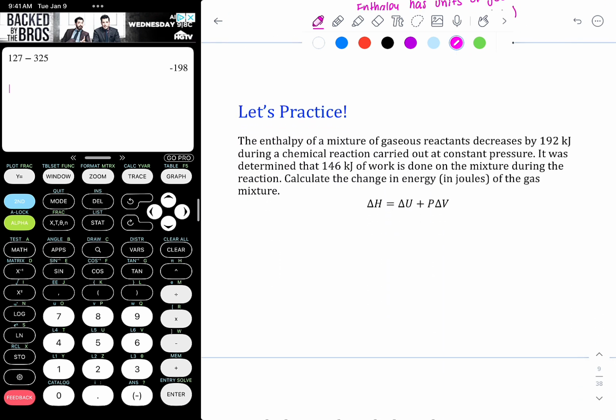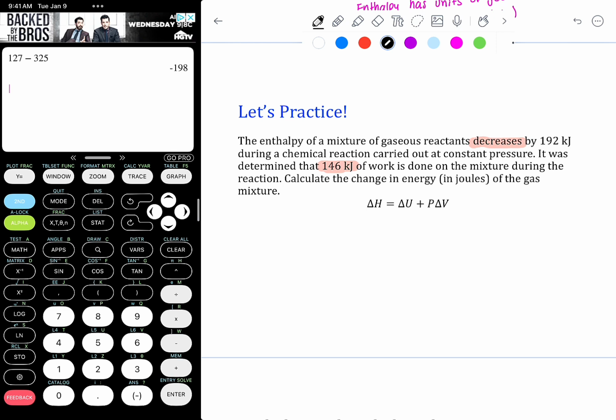So let's practice using that equation. The enthalpy of a mixture of gaseous reactants decreases, we'll make that known, decreases by 192 kilojoules during a chemical reaction carried out at constant pressure. It was determined that 146 kilojoules of work is done on the mixture during the reaction. Calculate the change in energy in joules of the gas mixture. So, because our enthalpy equation uses PV work, we don't need to do anything with the sign of the work in this problem. Okay, so we just have to plug everything in, make sure they're in the same units, and